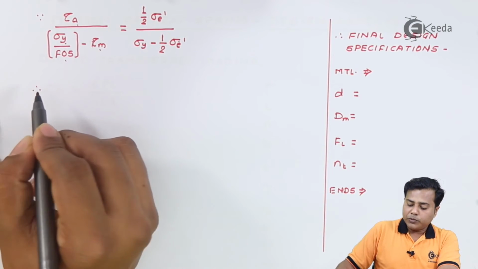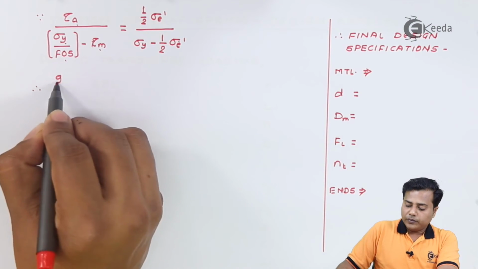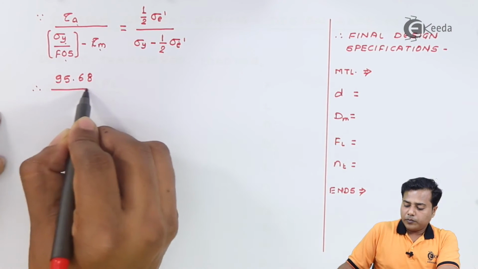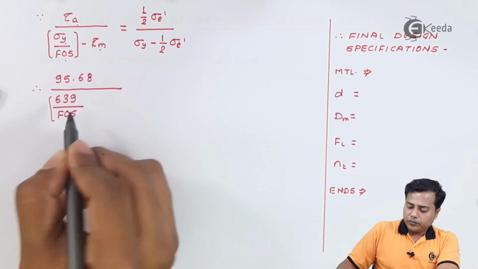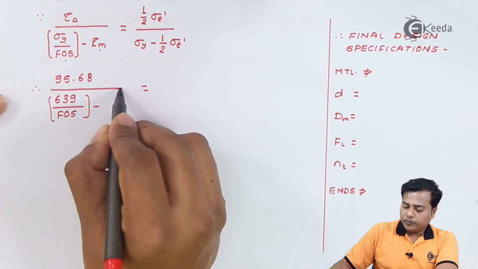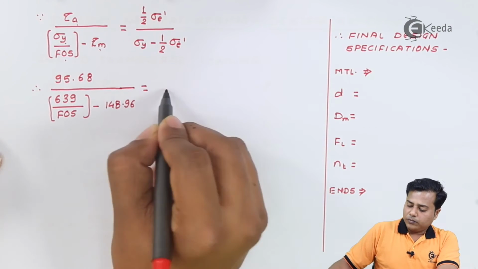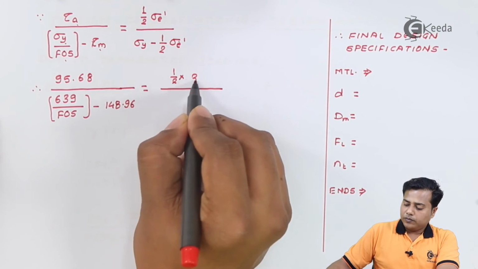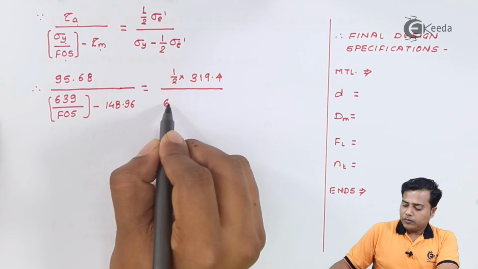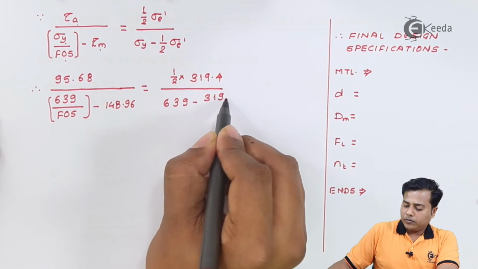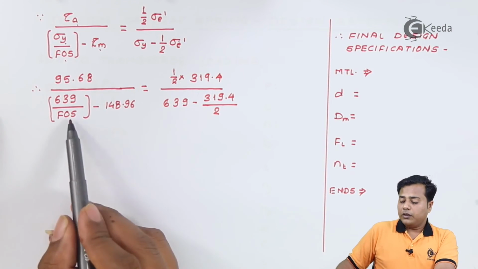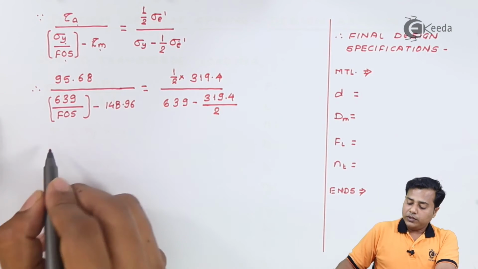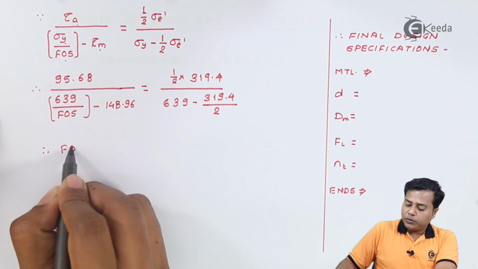And therefore, as we substitute the values, as we solve this expression where only factor of safety is unknown, the value of factor of safety comes out to be